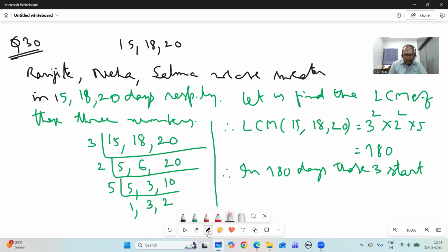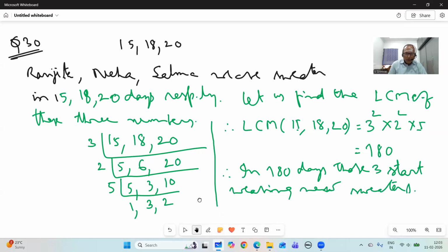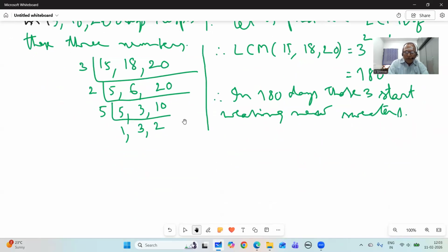Start weaving new sweaters. Okay. Yeah. So we are asked another question. In these many days, how many sweaters those three would have weaved? Okay. In 180 days,